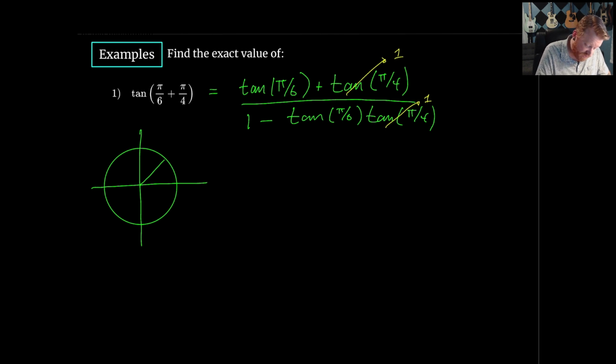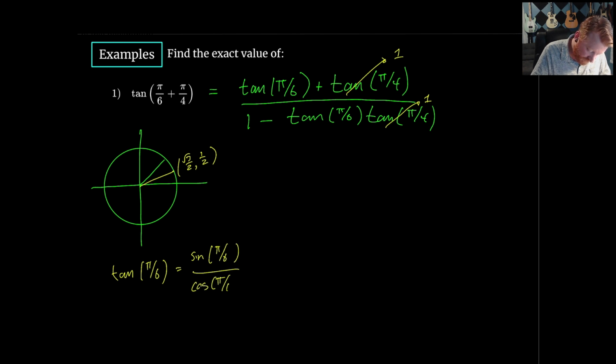The tangent of pi over 6 is more interesting. Pi over 6 is at square root of 3 over 2, 1/2. If you have this memorized, then you can just plug things in. Since I don't have these memorized, I know that this is the same as the sine of pi over 6 over the cosine of pi over 6. Sine of pi over 6 is 1/2. Cosine is square root of 3 over 2. So we get 1 over square root of 3,